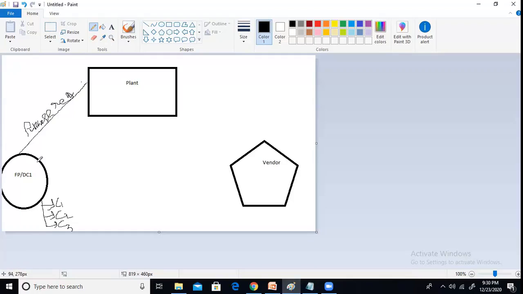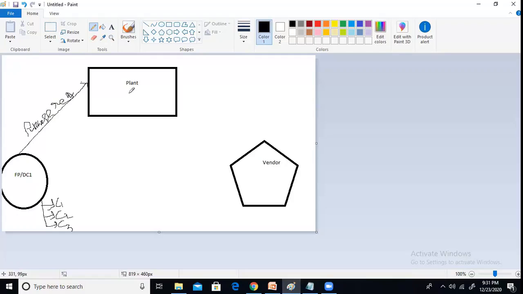This distribution center made a purchase requisition to this plant, which means we want this much finished product. Once the purchase requisition is made for the particular product at this location,